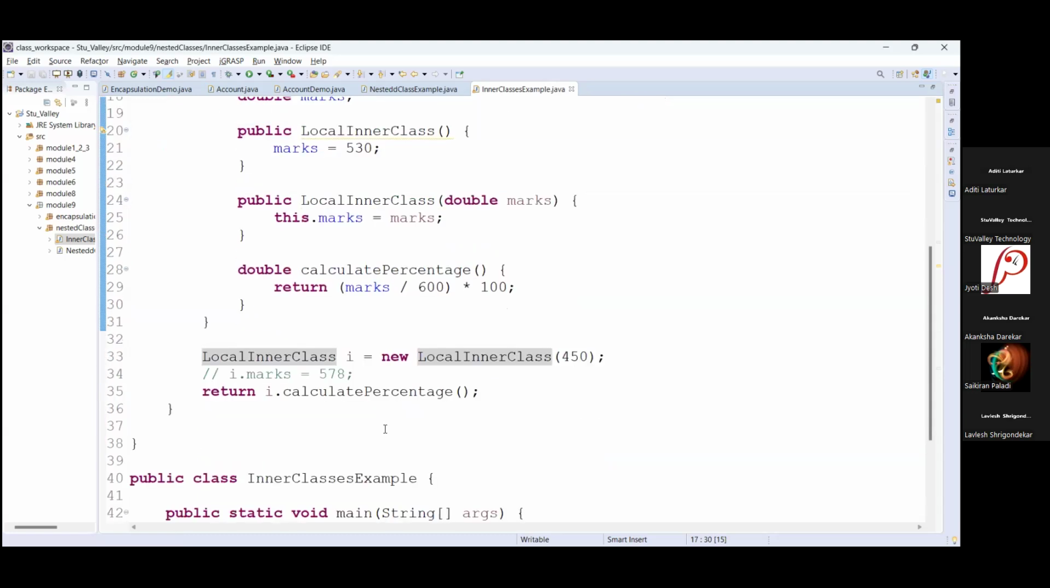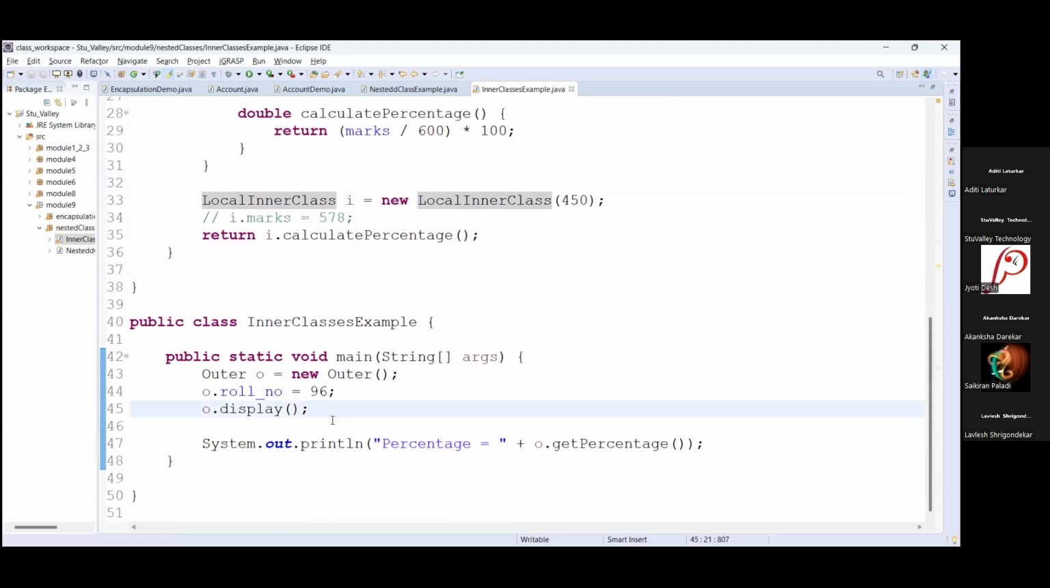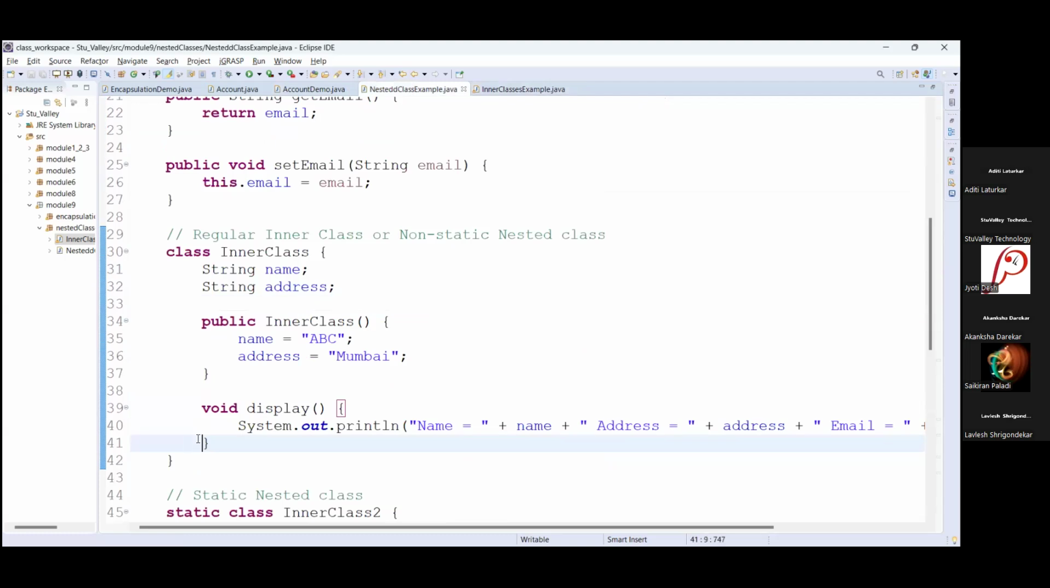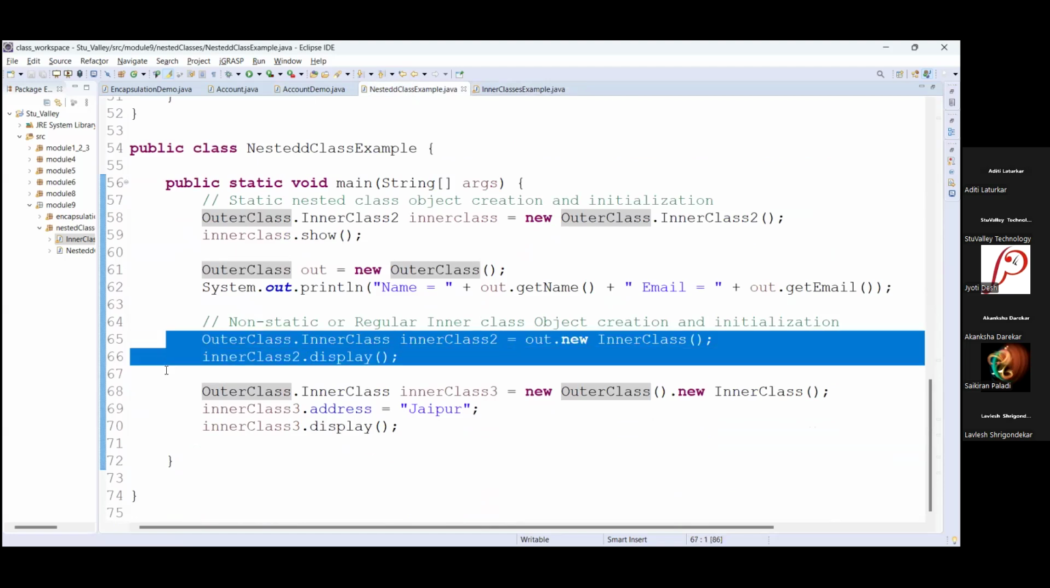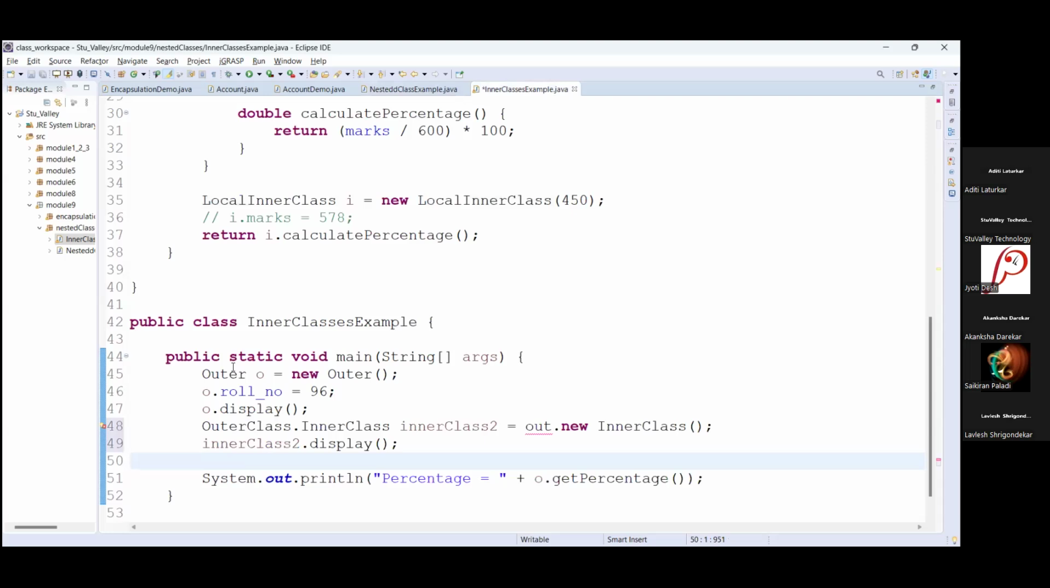Okay. Jaideep, your question is about using the outer object, right? What we created in the regular inner class, we have seen how to create the object of this regular inner class. The same thing I will try here. We are using this outer object o dot new, and the name of the class is local inner class, outer dot